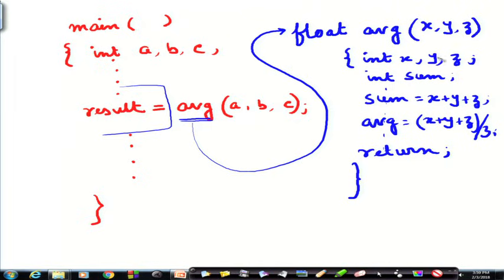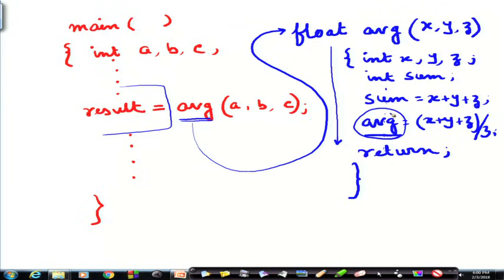Then this computation, so we come here, then follow my blue line, this is being computed and ultimately the value of average is computed. Look that the value is being computed in AVG, which is also the name of the function.